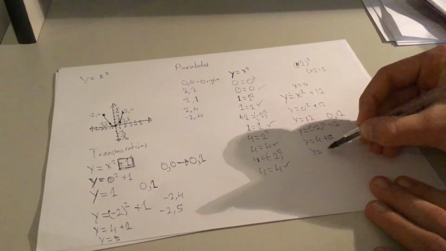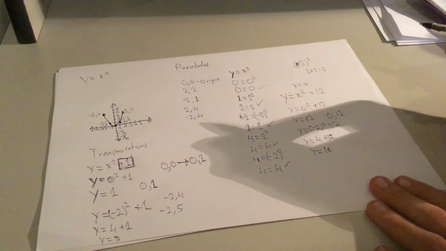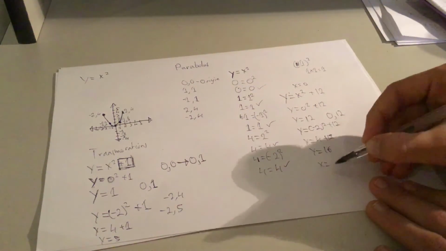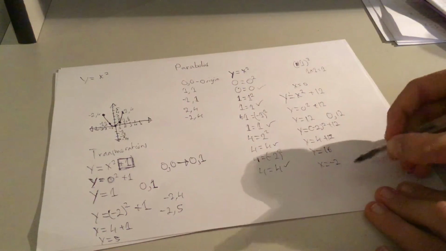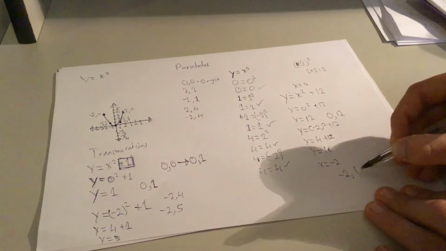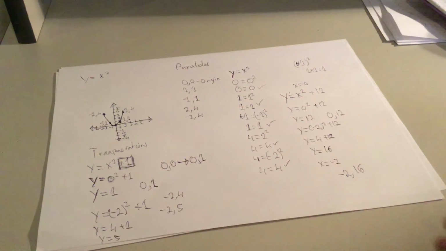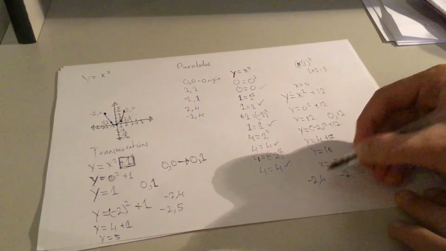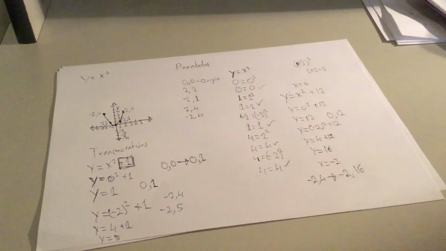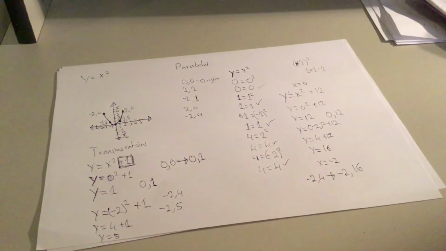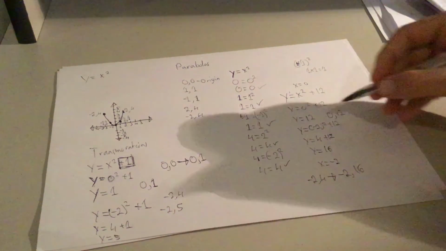So that means that y equals 16. And because our x-coordinate equaled -2, that leaves us with the coordinates -2, 16. So that was our transformation from -2, 4 to -2, 16. And that's because of the additional